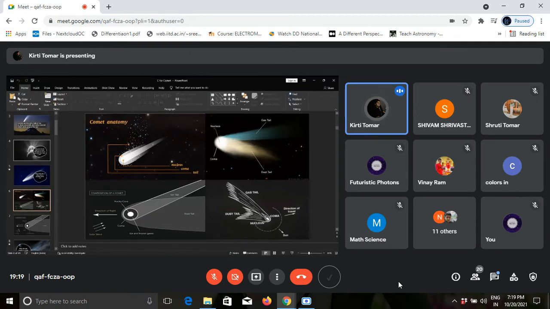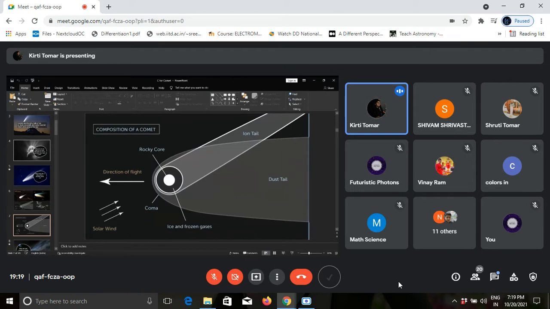In the first and second picture, a comet is made up of four visible parts: the nucleus, the coma, and the two tails, the ion tail and the dust tail. So let's look at the third picture, in which I explain the composition of a comet. The nucleus is a solid body, typically a few kilometers in diameter, made up of a mixture of ices and dust particles. And the coma is a freely escaping atmosphere around the nucleus that forms when the comet